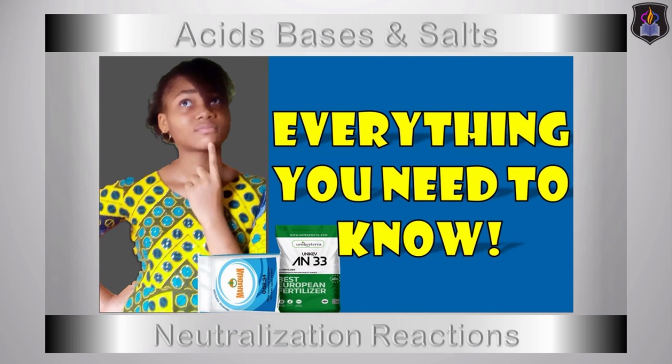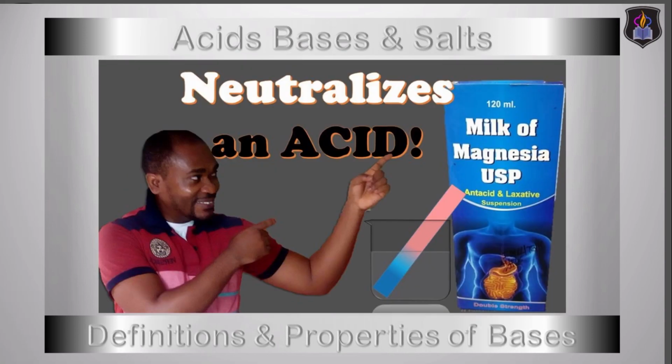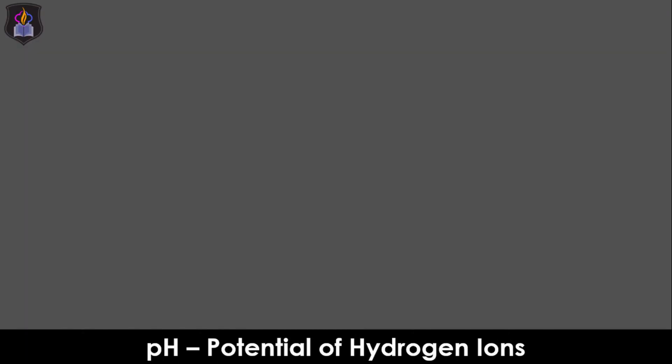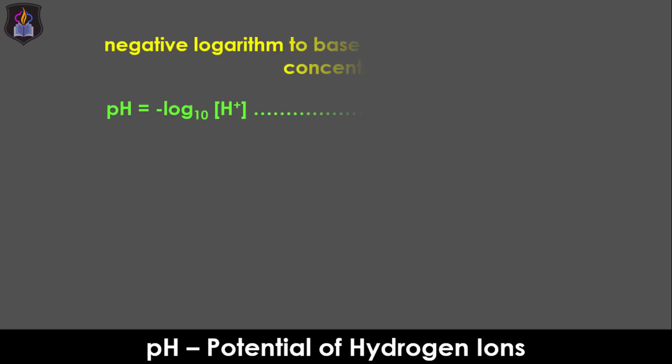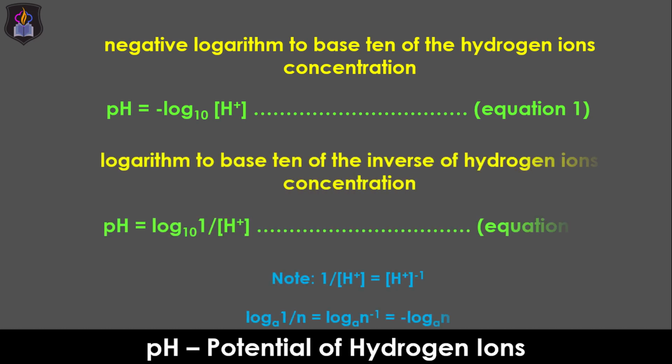In our last tutorial, we learned about neutralization reactions and their applications. If you'd like to learn more about the definitions and properties of acids and bases, check the link in the description. pH, which stands for potential of hydrogen ions, is defined as the negative logarithm to base 10 of the hydrogen ion concentration of a given solution, or the logarithm to base 10 of the inverse of hydrogen ion concentration